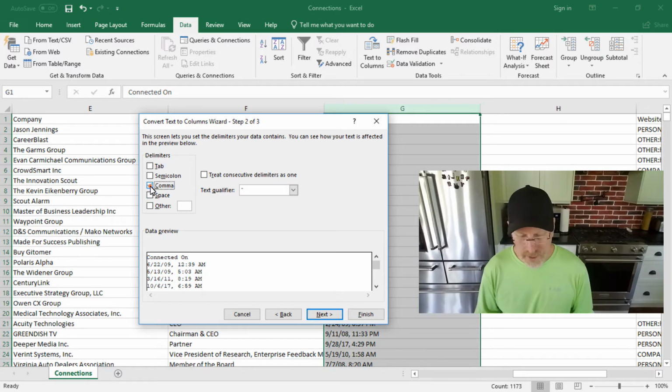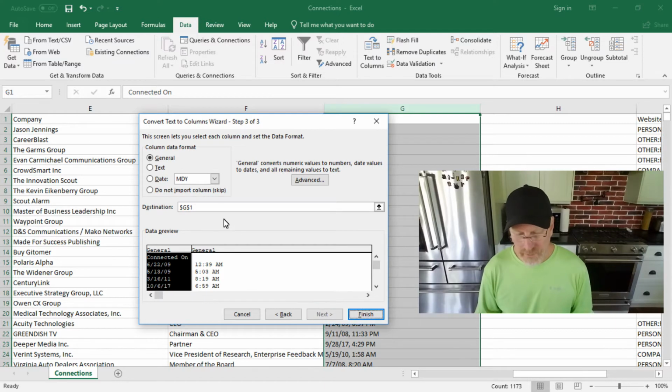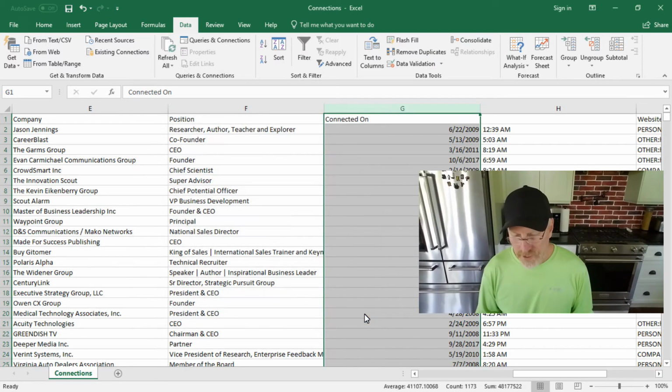So we're going to select on comma, and then just simply click the next button. You don't have to do this, but I'm going to go ahead and do it because I want this column to be the date, and month, date, and year is how it's put in here. So I'm going to go ahead and just click that, leave that, and I'm going to click finish, and you can see that it separated the